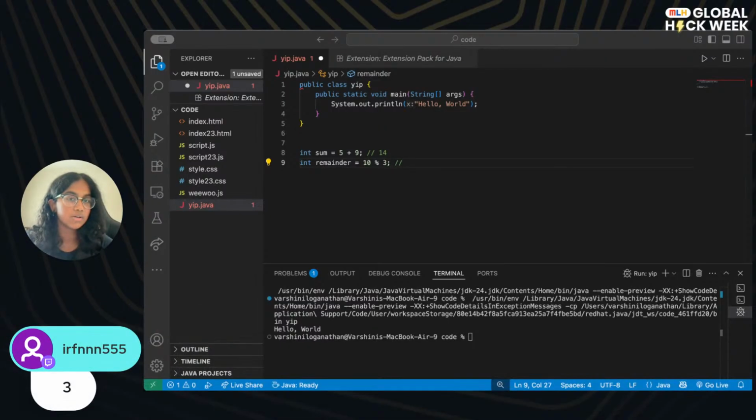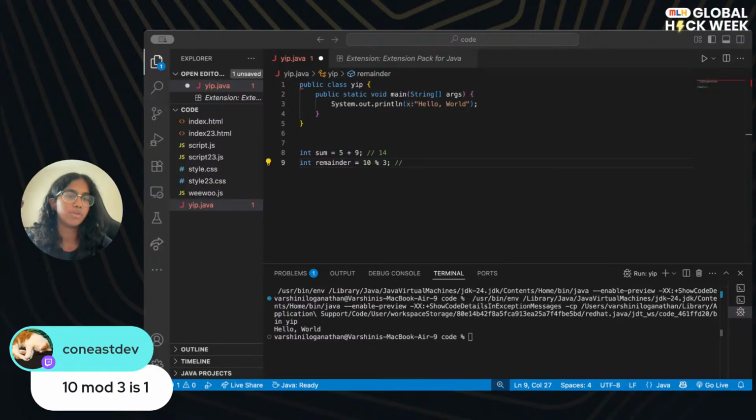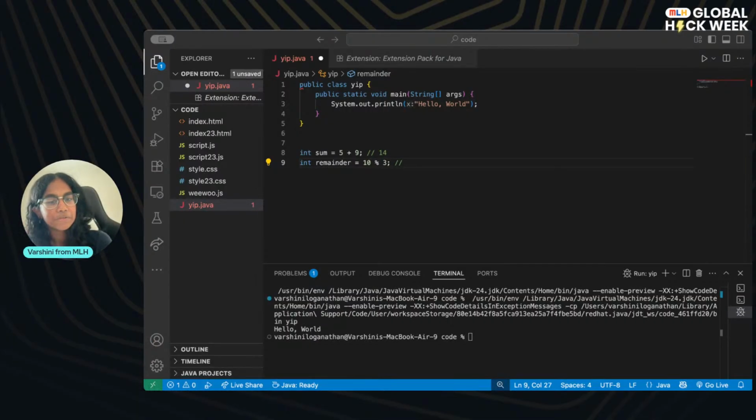You're really close. So that would be the result if we just divided it. But 10 mod 3 is 1. The reason for that is, when you see how many times 3 goes into 10, it goes into 10 three times. So there's going to be a remainder of 1 because it doesn't divide evenly. So that's what your modulus is doing. Yep, you're right. See, you fixed your problem. We're all good. So that will be the modulus. So y'all are correct. It is 1.